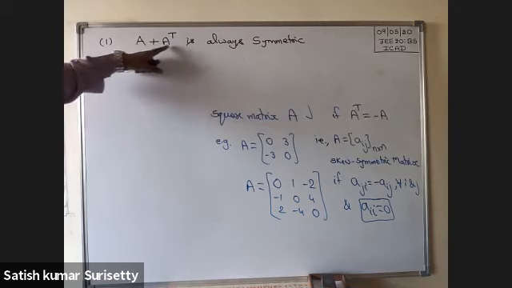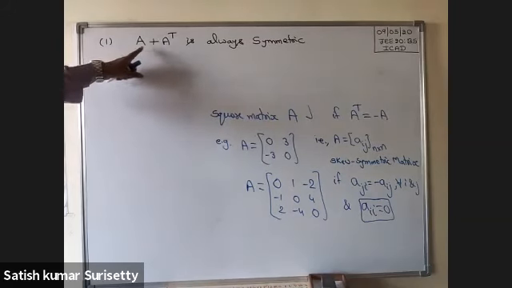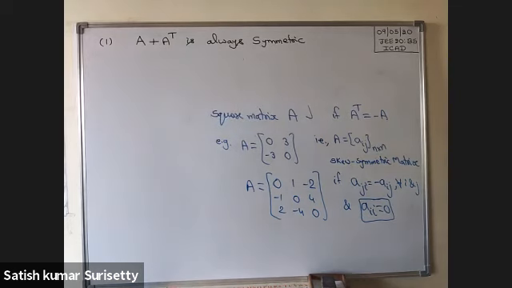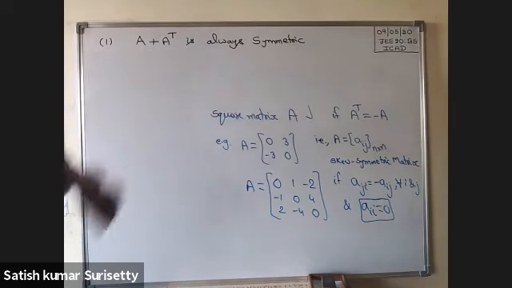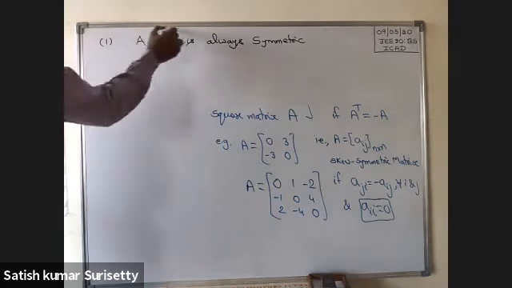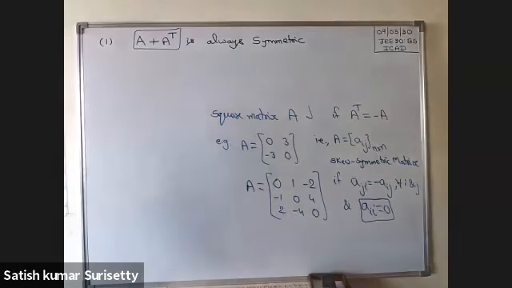the order of the matrices A and A transpose must be the same. Yes, that is always, that is not true. That is in the square matrix only. That means A must be a square matrix. Even though we are not writing it here, it has to be defined. That is why, provided the sum is defined, it is understood that A must be a square matrix. Now, how to prove that? If A is a square matrix, then A plus A transpose is always symmetric.